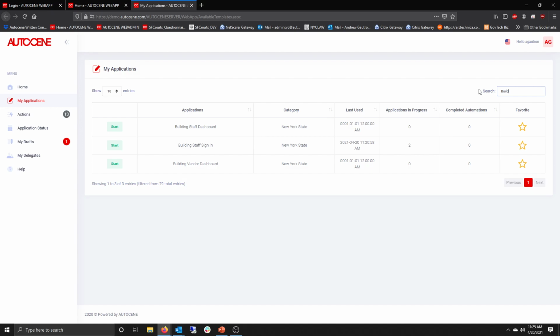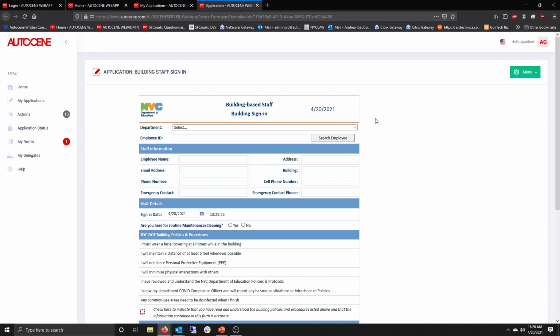So how do we do that? Well, we have a set of applications here. You can see we have a staff dashboard. We have a vendor dashboard, so external parties like contractors and vendors that you may be dealing with. These are third parties who are not a part of your organization. And our general building staff sign-in. So again, I'm going to start that application by selecting the Start button here, and it's going to bring up